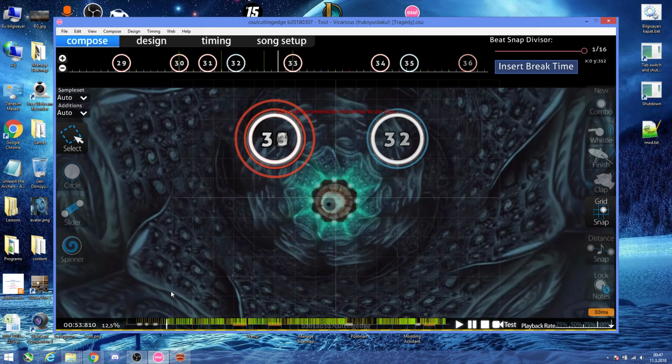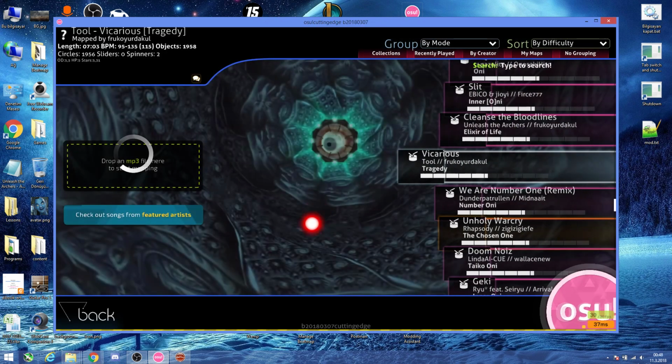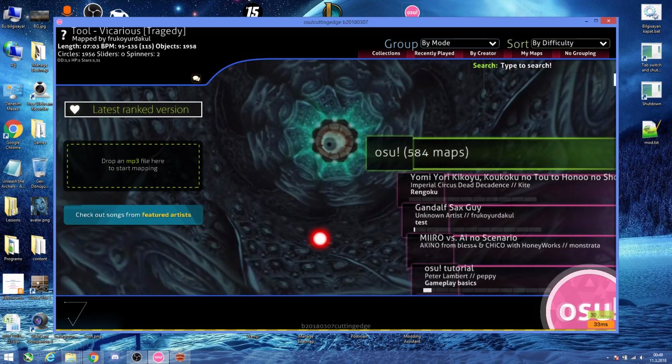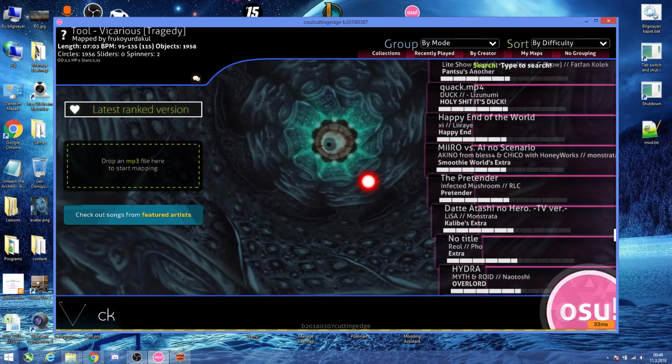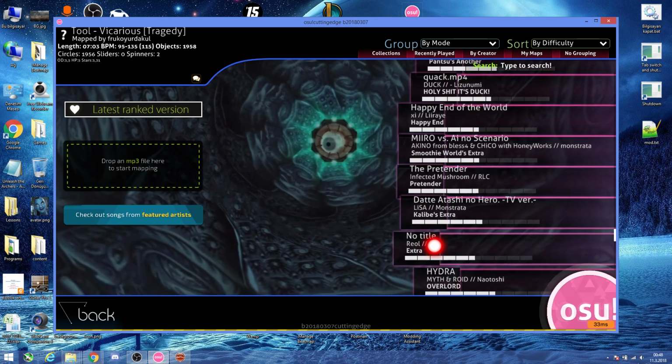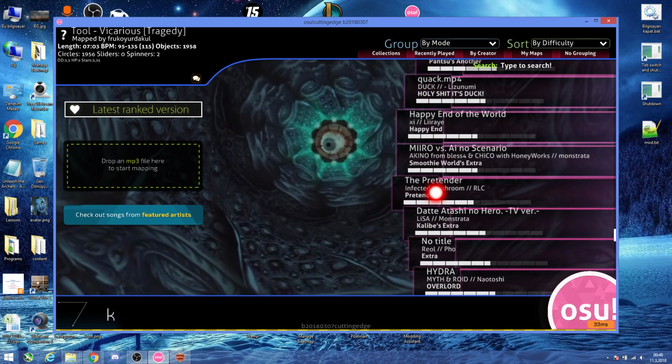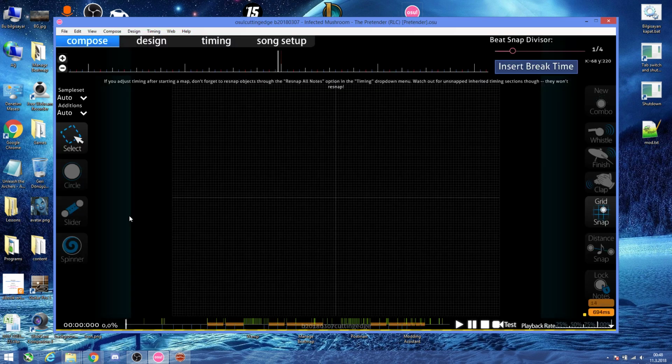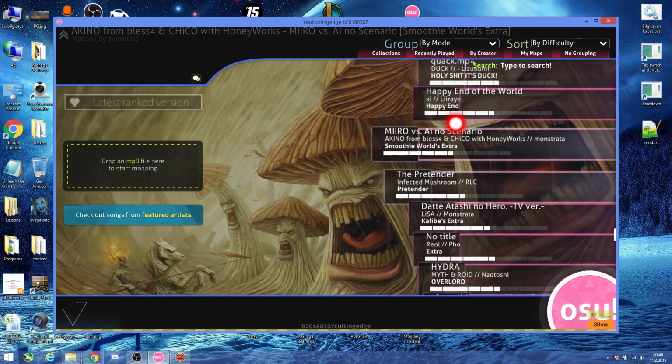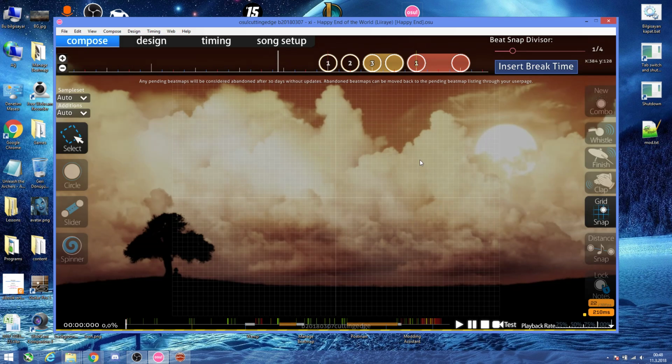So I'm gonna open a standard map now to demonstrate it perfectly. So let's choose a random map here. Okay, let's open, for example, this one. Totally random. This has a storyboard, I guess. I'm gonna open something different, simple. So as you can see, there are some inherited points already, and if you run that function, it may